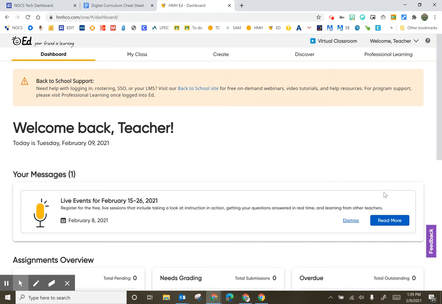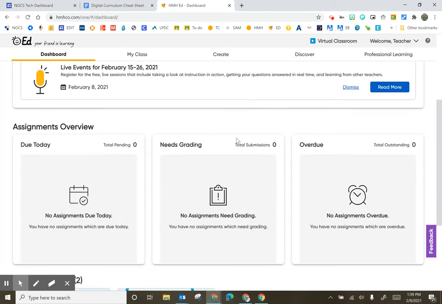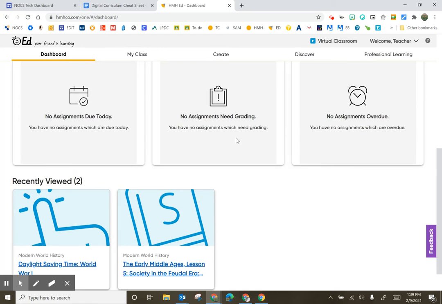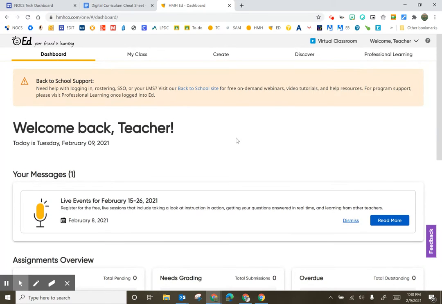Now, the first time that you log in, you will need to map your classes to the text. I cannot do that part for you, unfortunately, with Ed, so you will need to work through that and let me know if you have any questions. Once you have your courses mapped, and I'm in a trainer account right now that is not connected to PowerSchool, so I don't see any of those other courses in here, but once that's been done,